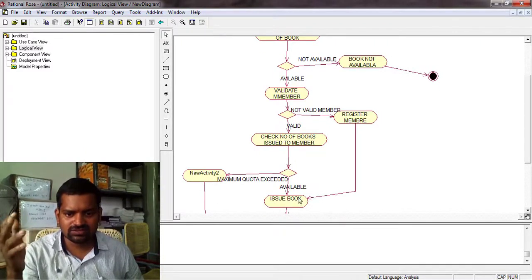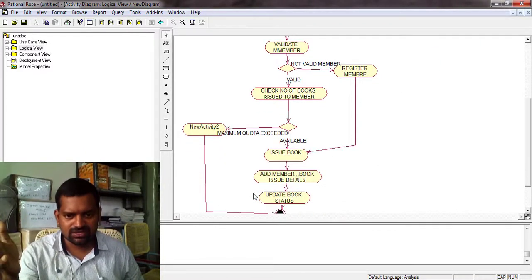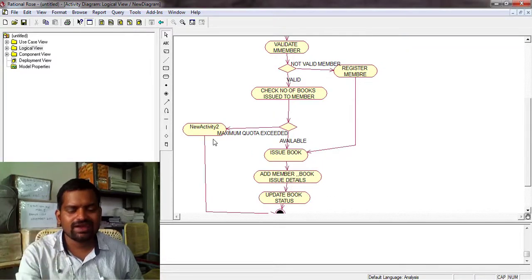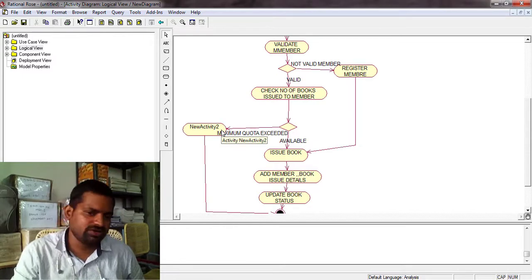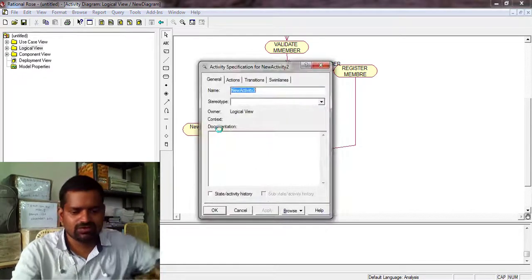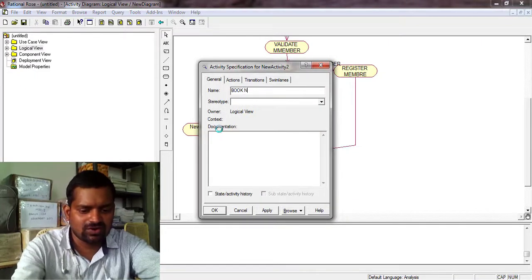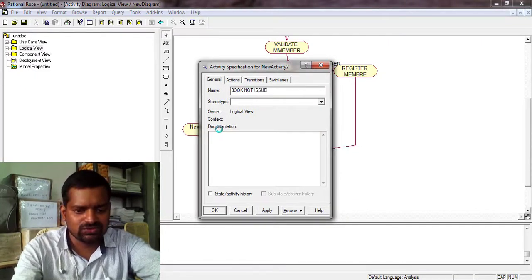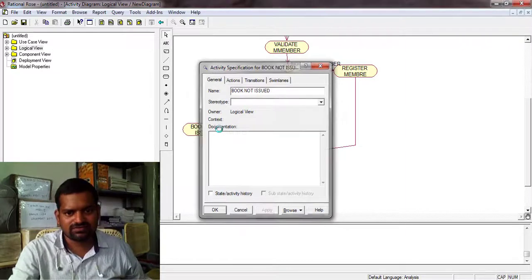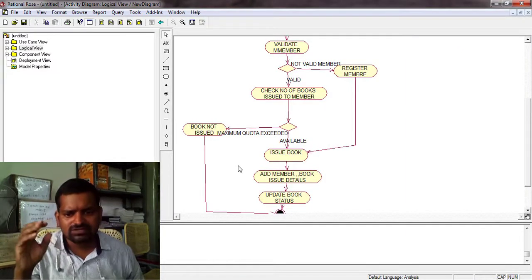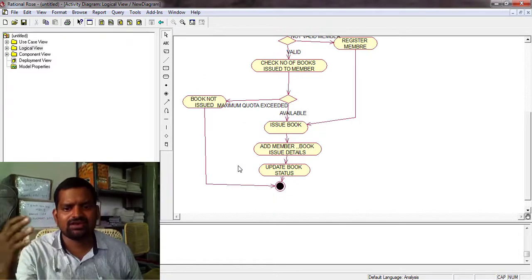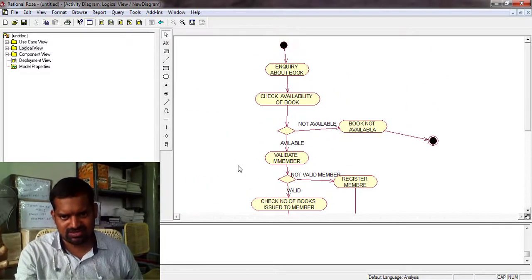Registered member, otherwise you register a member. If it is valid and the maximum quota is exceeded, what to do? Book not issued. Information will be given. So likewise, you have to draw the activity diagram for a particular system.